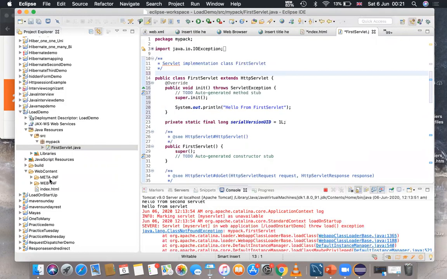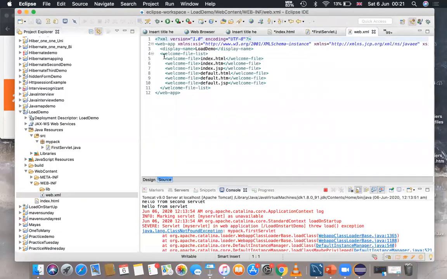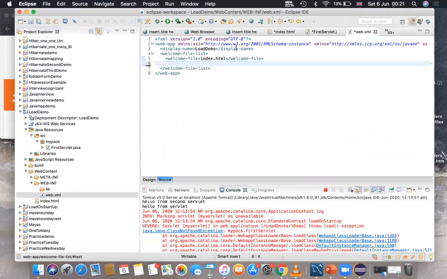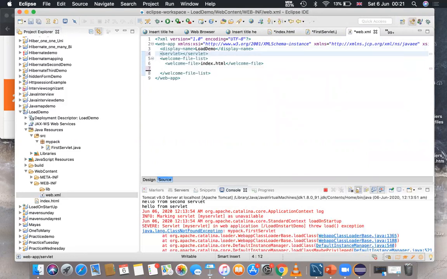Now let me do the mapping for the servlet inside this web.xml. I have only one welcome file, so I'll better delete all this. Now I'm going to write the servlet tag here to do the servlet mapping.